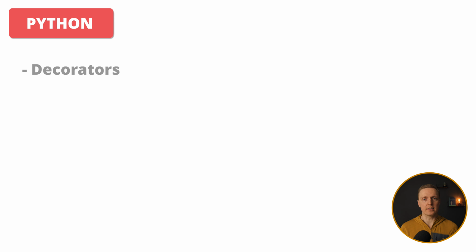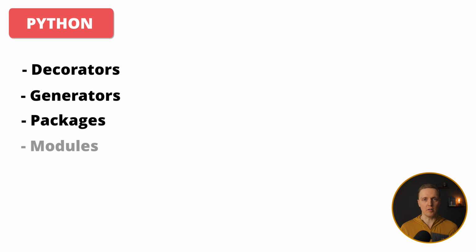And additionally to that, all these frameworks are also written in Python. So it makes a lot of sense to invest your time in learning Python and more advanced things which are specific to Python. Like for example decorators, generators, packages or modules. So before you even start in learning something about AI engineering, I highly recommend you to invest some time in learning Python just from programming perspective.